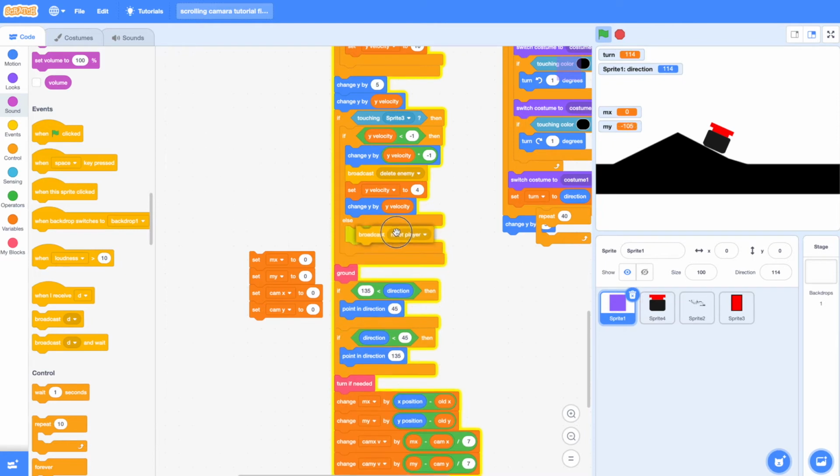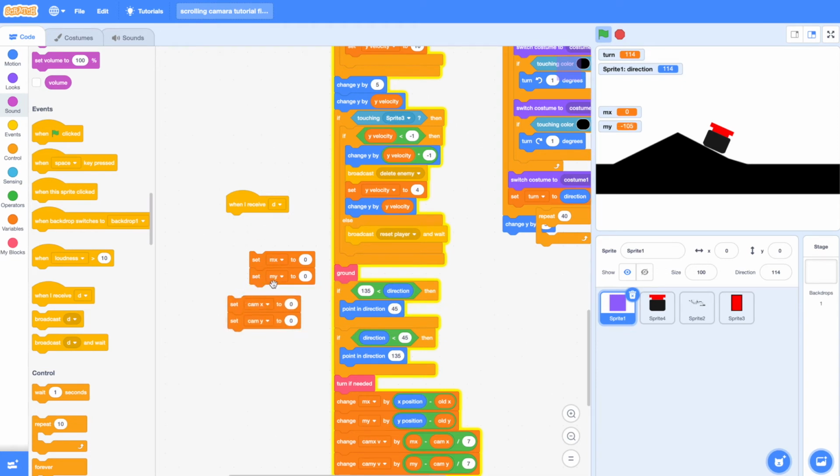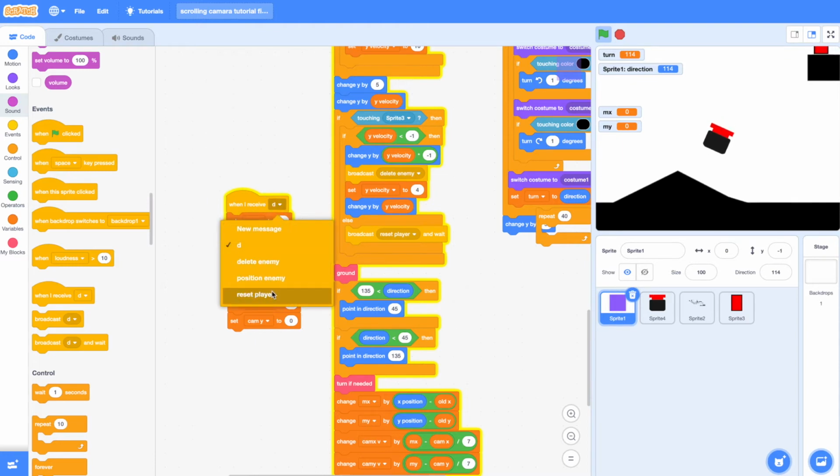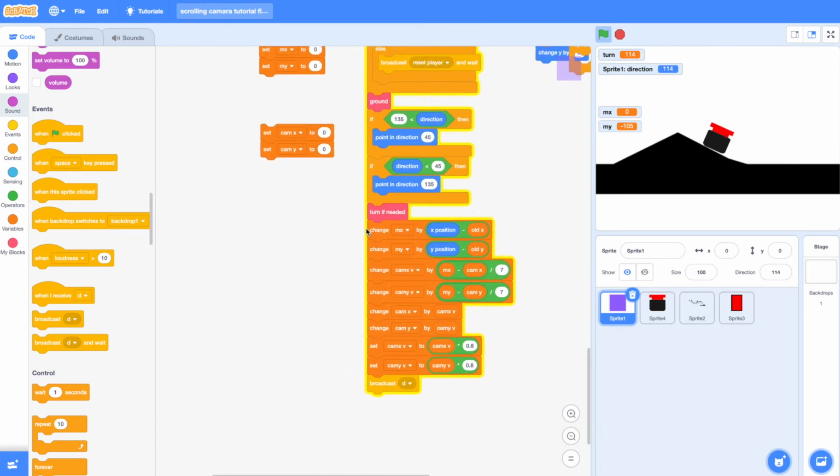Okay, we're gonna set reset player, and then over here we're actually gonna do broadcast reset player and wait, and then we do when I receive reset player, and then we're gonna put